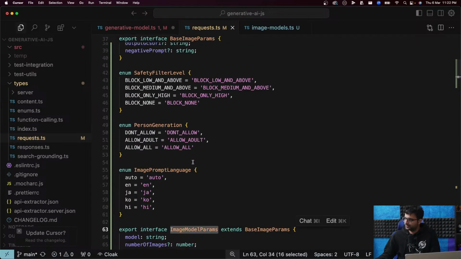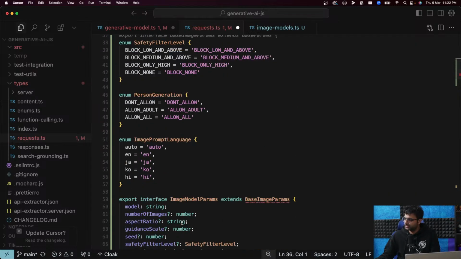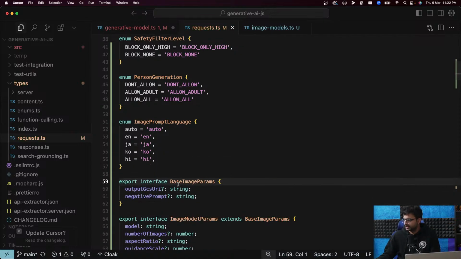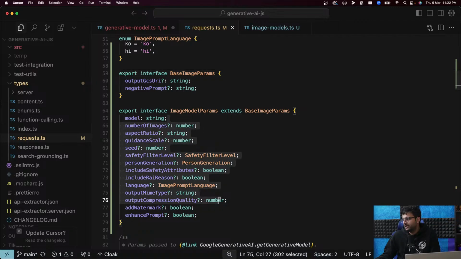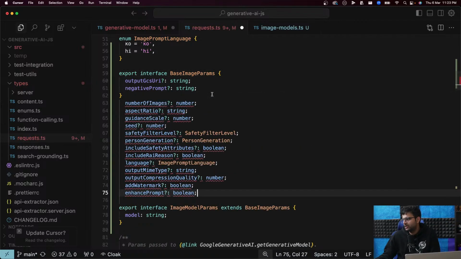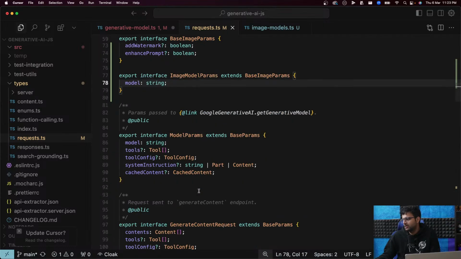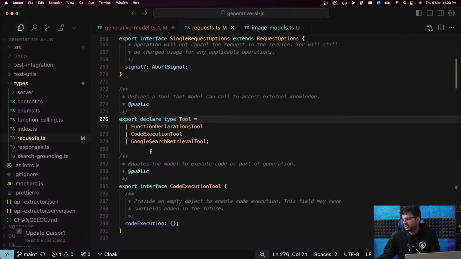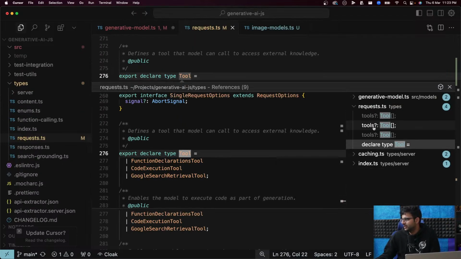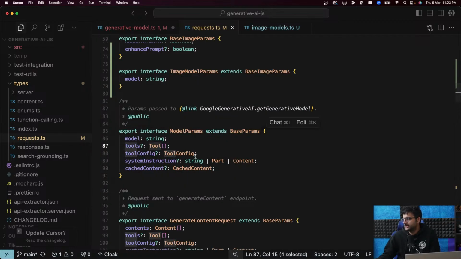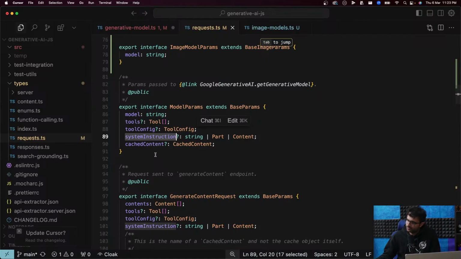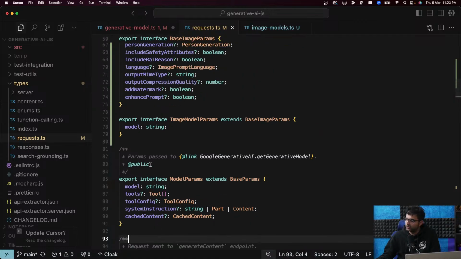prompts extends base prompts. Now the question is, what exists in base amongst these? I would assume everything other than the model can go here. What did this guy have? Model params, tools. Yeah, these are all text generation tools, so not worried about them. What else? Tools key configs probably related to that. System instruction. Do you have system instructions in image models? I don't know. Probably not. And cached content is again related to text models and not image. All right, that looks decent.